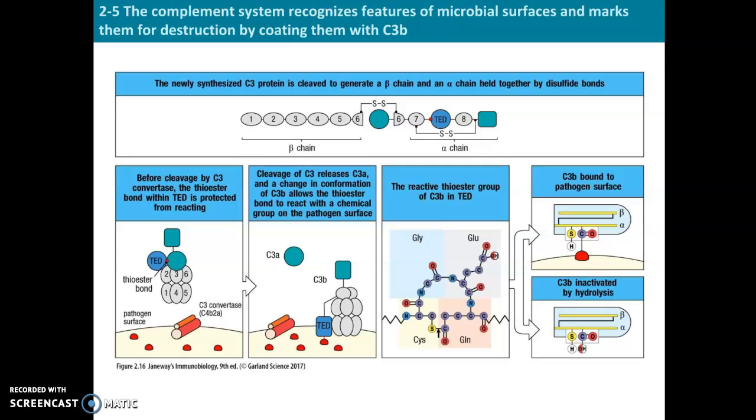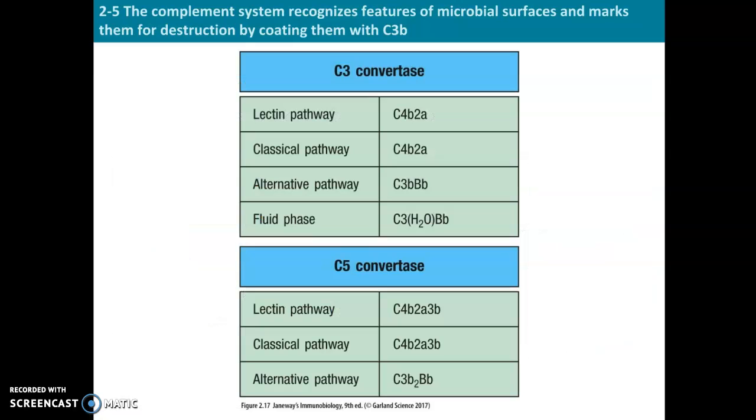That is a reversible reaction, and so hydrolysis would break the C3b bond to the surface. So in all three cases, lectin, classical, and alternative, once you've got a C3 convertase, you can